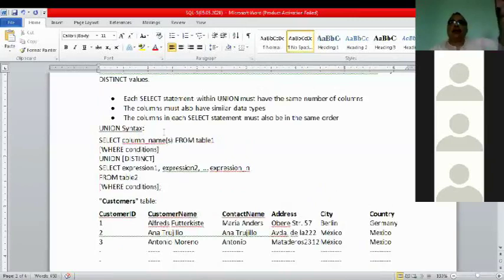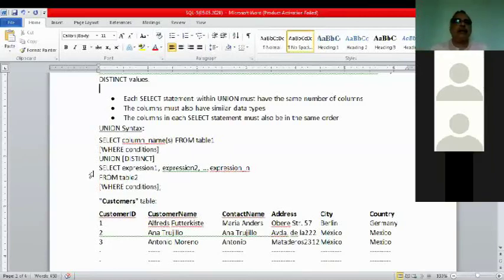Say here is one table, with fields name and class. Another table also has name and class, but the order of class and name is different. Then it won't work. When you write the SELECT command, the order must be maintained. In the first table, if you are taking class then name, then after UNION, in the second command, you have to write class then name from table 2.